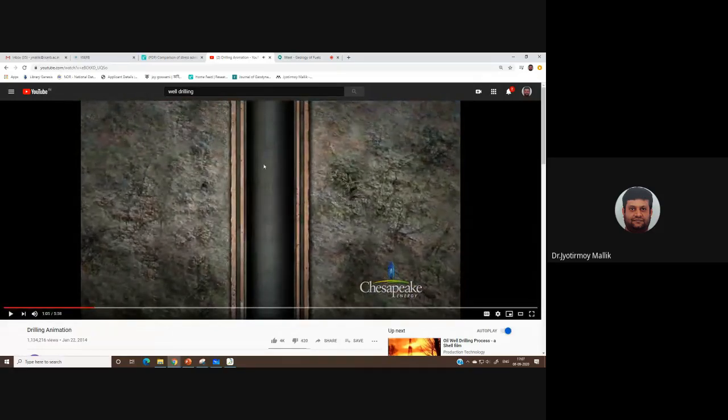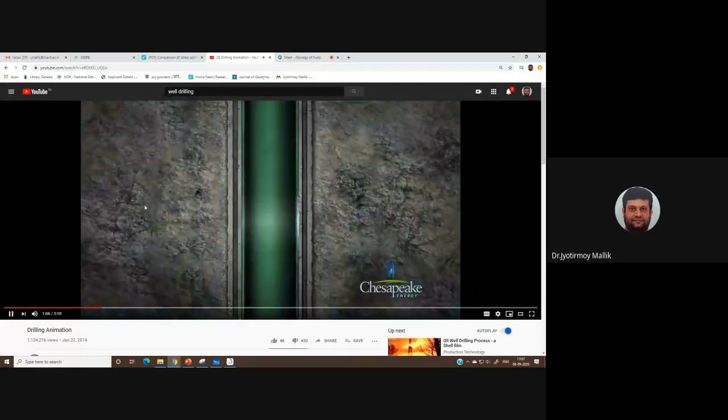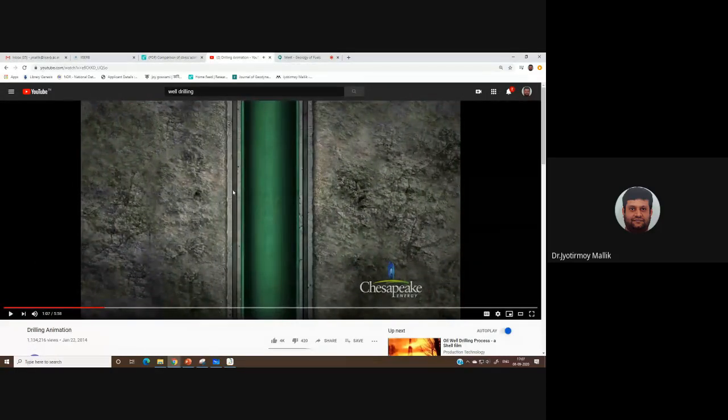You can see here, this is a typical cross section of the well. There is this casing, there is another casing, and within those casings you have cement filled up. What we are left with is the hollow space through which the hydrocarbon can come out. This is the rock formation through which the drilling has happened. This will essentially maintain the integrity of the well and protect anything present in the formation from getting inside the well.